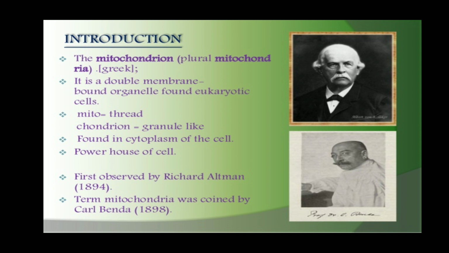So this is mitochondria. It's a Greek word. It is a double membrane bound organelle found in eukaryotic cells. Prokaryotic cells don't have mitochondria, right? Mito means a thread and chondrion means a granule. So granule-like threads which are present in the eukaryotic cell are called the mitochondria. These are found in the cytoplasm of the cells. As you know, all the cell organelles in the eukaryotic cell just float in the cytoplasm,